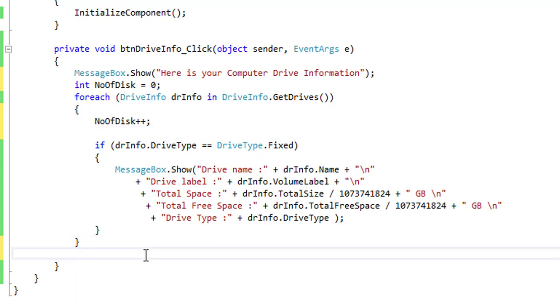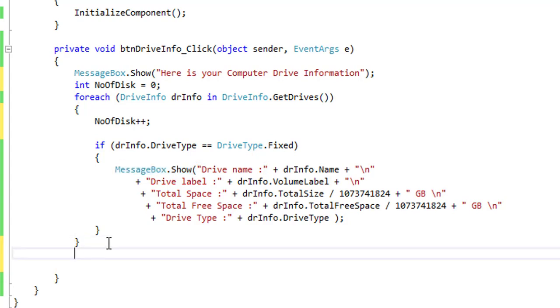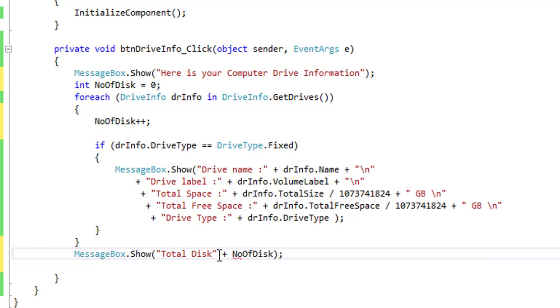At last it will get the maximum value. Total disk, number of disks minus 1 dot ToString.